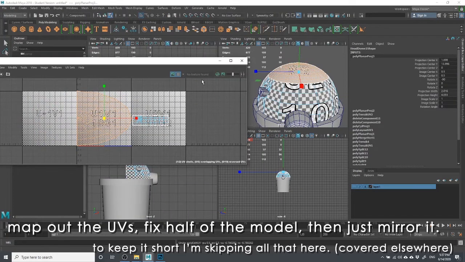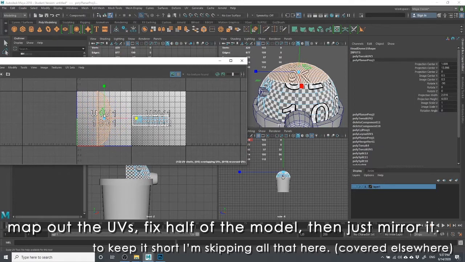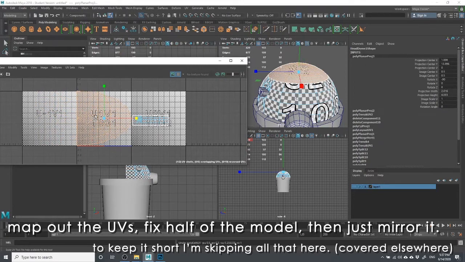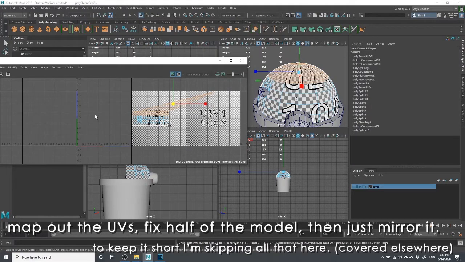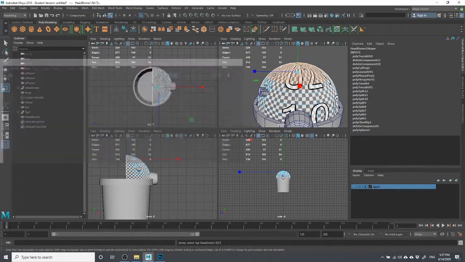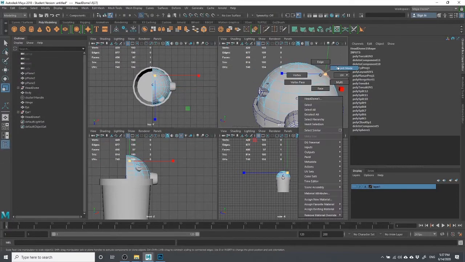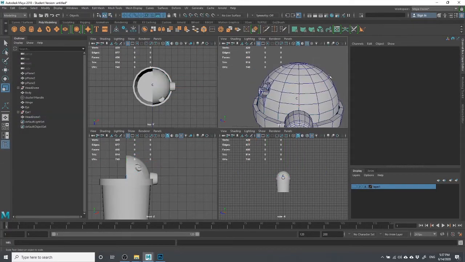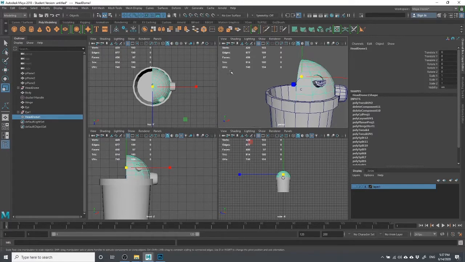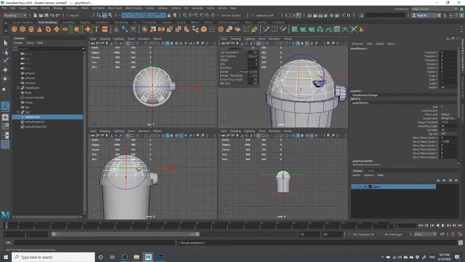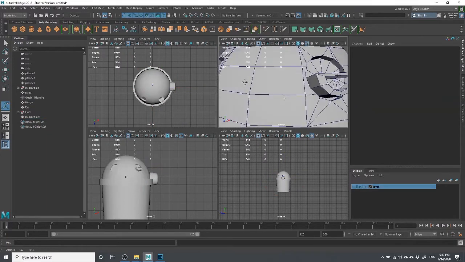Anyway, there's a ton of different ways to map this out, and it's not really right or wrong. Some of it is going to be more adequate to what you're doing or not. But my point is, do everything you need to do in advance, because once this is done and it's perfect and it's the way you want it to be when you paint on this, you could just take this and mirror it over to the other side, and there you go. I didn't have to do that again. And very importantly,